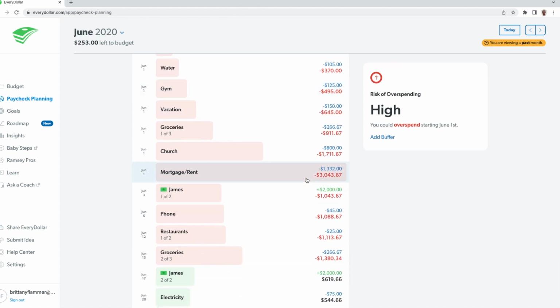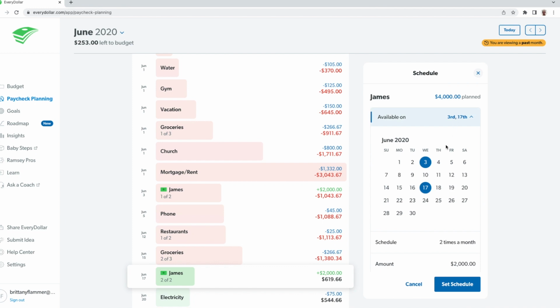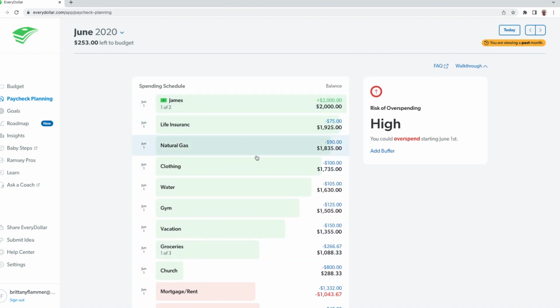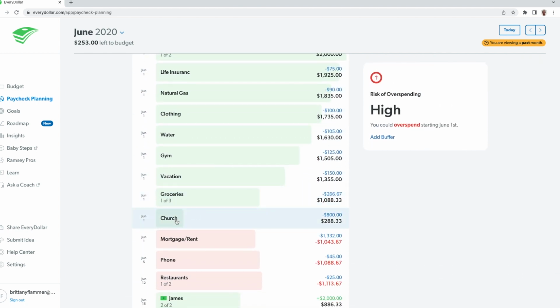Now you can still see our risk of overspending is high. So let me click on my husband's income and let's say he really gets paid the 1st and the 15th. We'll go back to the 1st and 15th. Set that schedule. And you can see we're good to go, but now we're going to run out of money